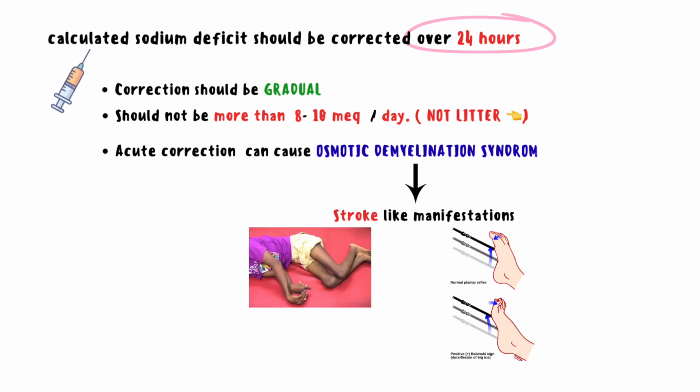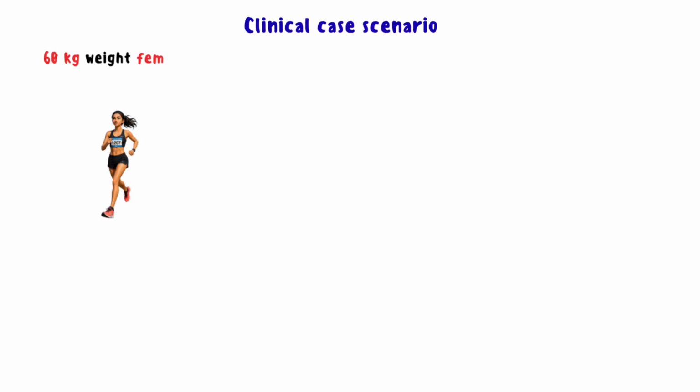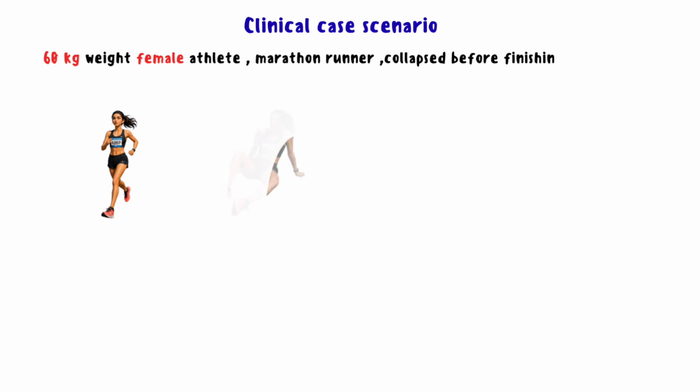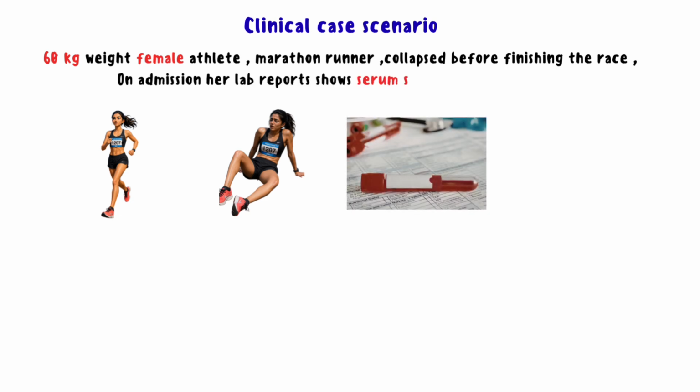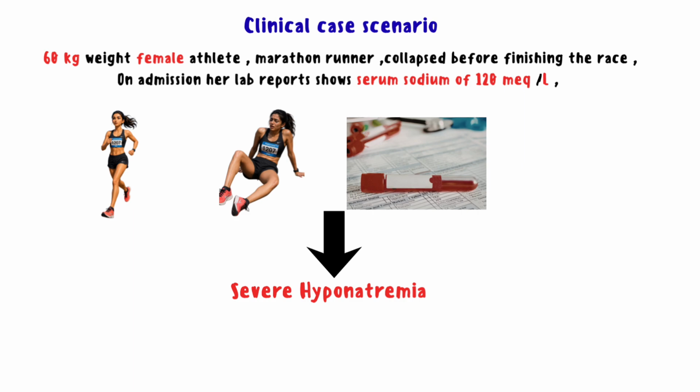Let's understand this formula with a clinical example. The clinical scenario is a 60-kilogram female athlete, a marathon runner, who collapsed before finishing the race. On admission, her lab reports show a serum sodium of 120 milliequivalents per liter. Here we can see the patient has severe hyponatremia and we need to correct it. Let's put the values in our formula to get the patient's sodium deficit, which we need to correct over 24